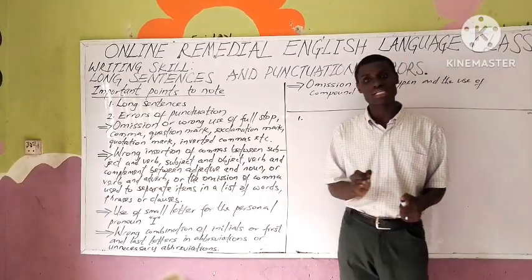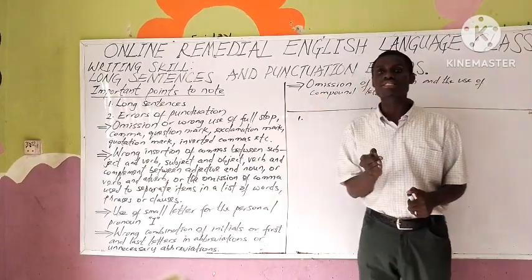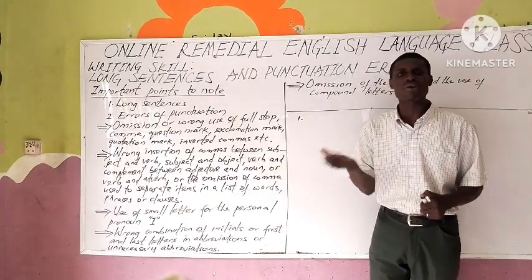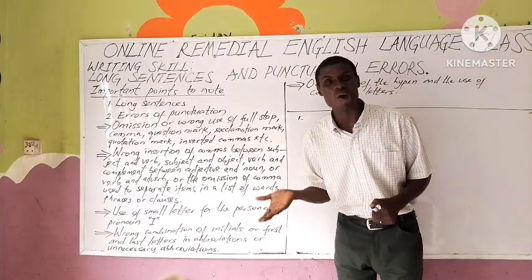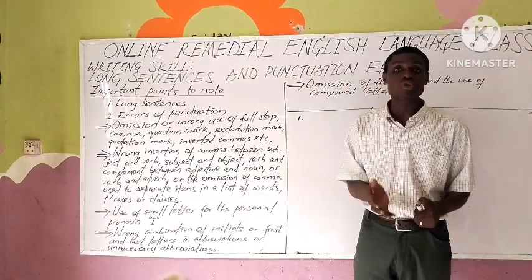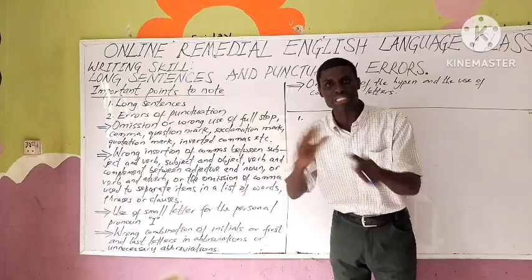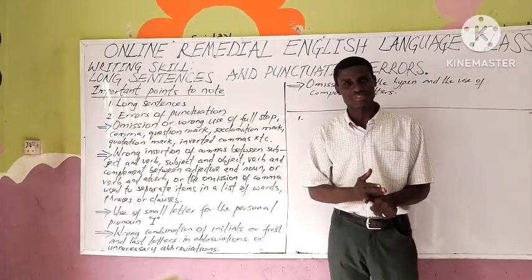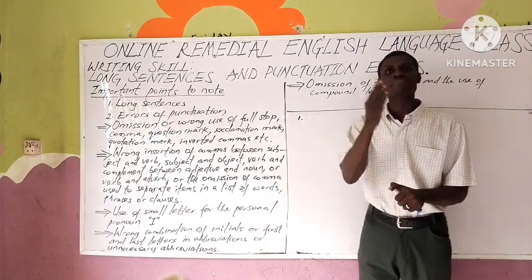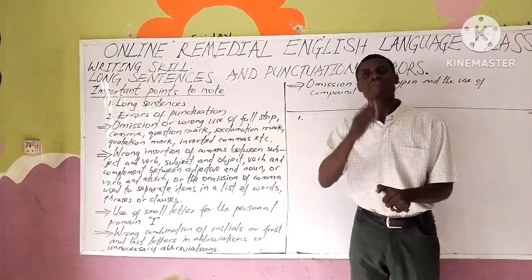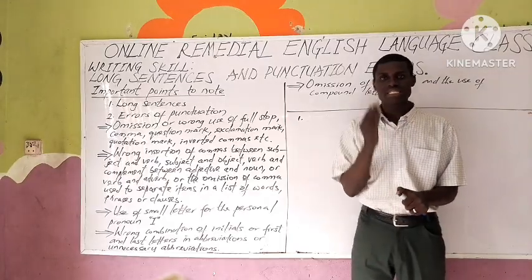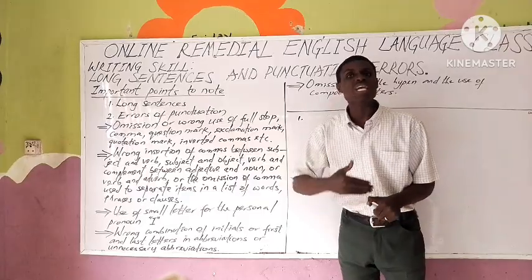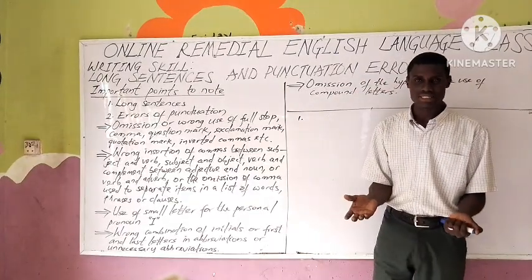In fact, this is the worst. You see students writing sentences that are unclear. What do you mean by vague sentences, unclear sentences? This one, we can't even interpret or attach a particular meaning to the expression. So to avoid ambiguity, to avoid vague sentences, therefore, we must pay attention to how we construct our sentences.